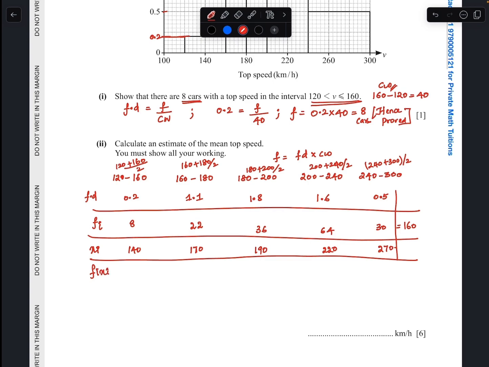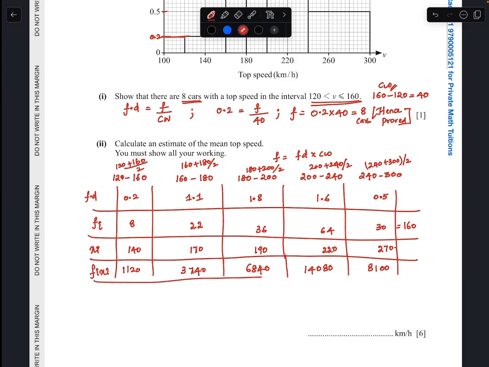Fi into xi, multiply the corresponding Fi and xi. 8 into 140 is 1120, then 22 into 170, 3740, 36 into 190, 6840, 220 into 64 gives me a big number. Okay, 14,080. 270 into 30 gives me 8,100. Yes, the sum of all these